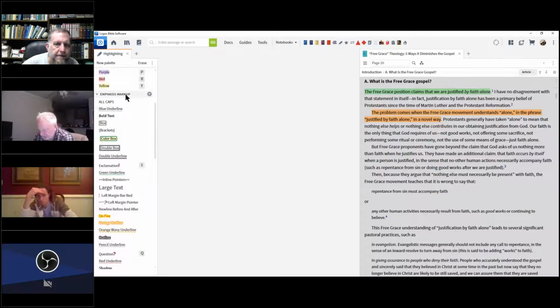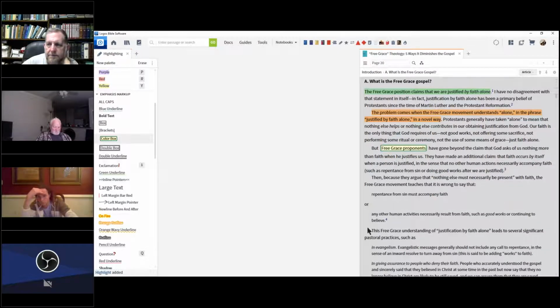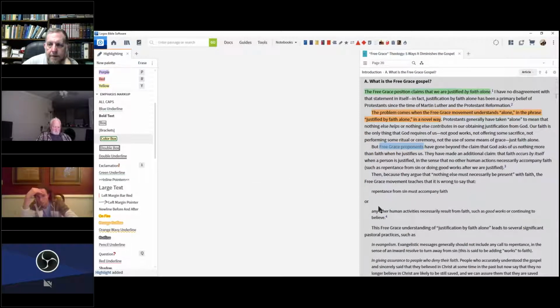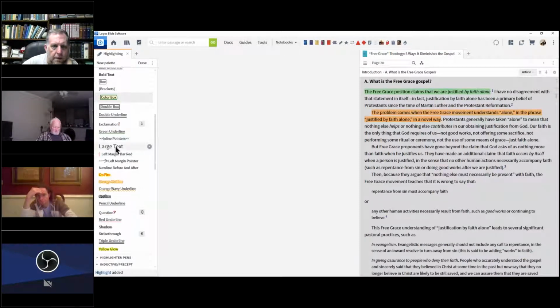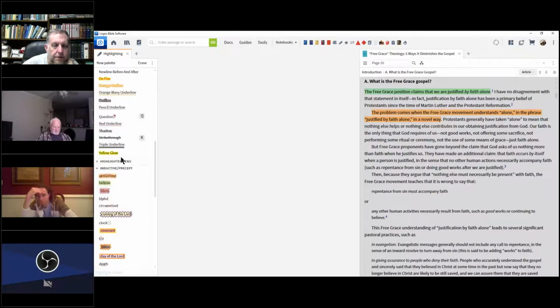You also have emphasis markup, including all caps, underline, bold text, a color box, free grace proponents in a color box, things like that. Double box, double underline, just kind of take a look at these. You can even put an exclamation point next to a word. You can enlarge the text. I mean, there are just so many different things. Also,